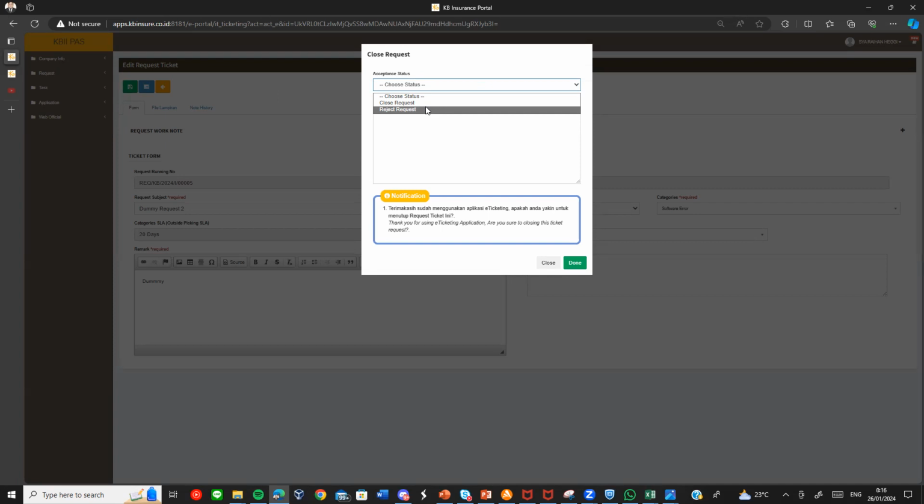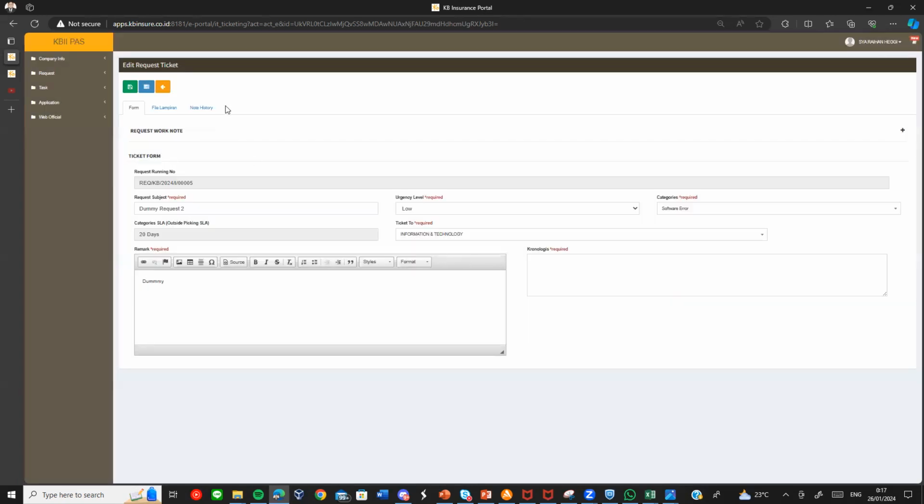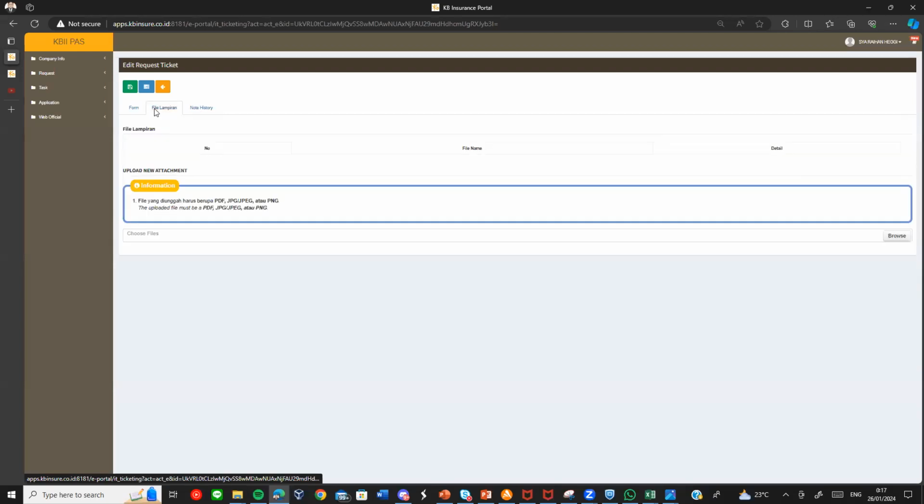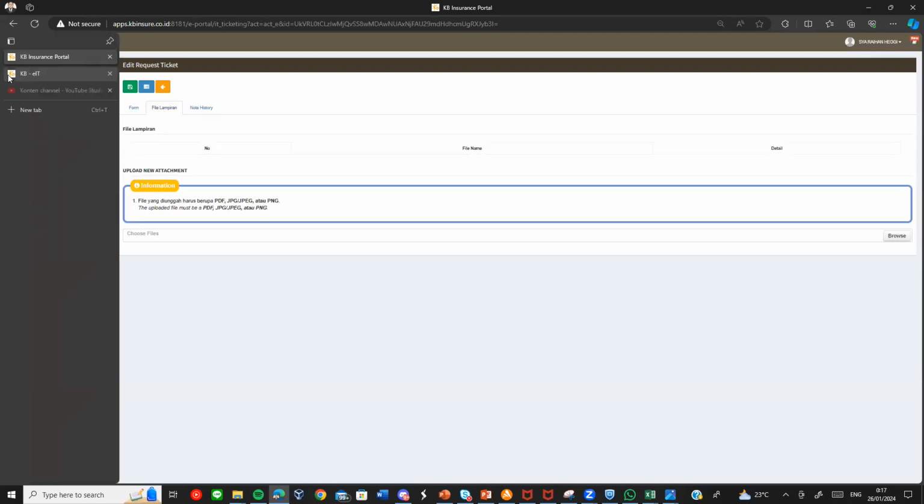If they click reject, they will create a new request and start again with the same subject and create another task like that. And the last one is the close request, which is actually simple. They just close the request and the ticket will be done and the history notified as done like that.